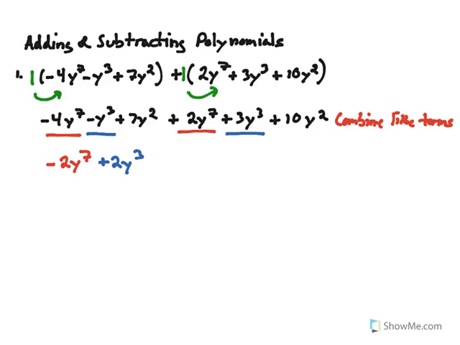And I'm using different colors so you can see what terms I'm combining. So negative 1 plus 3 is going to be 2y to the 3rd. You notice that y to the 3rd is staying identical. I'm just adding or subtracting the coefficients. So you should not be changing the exponents at all. You should not be adding any exponents. If you're doing that, then you're doing it incorrectly for this particular lesson. When we get into multiplication of exponents, then that's when we can add